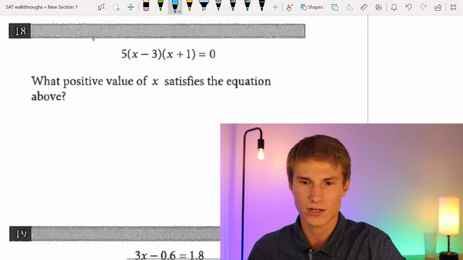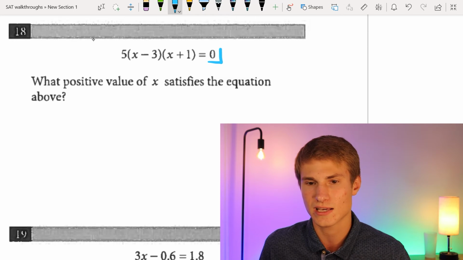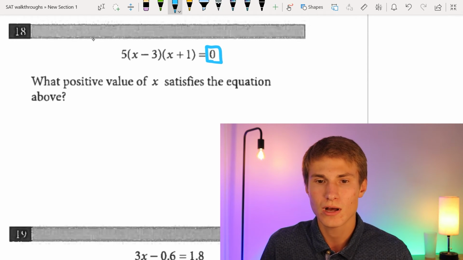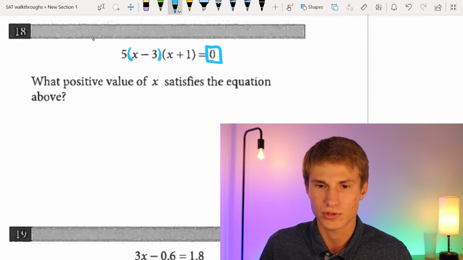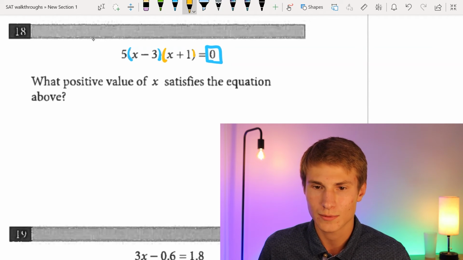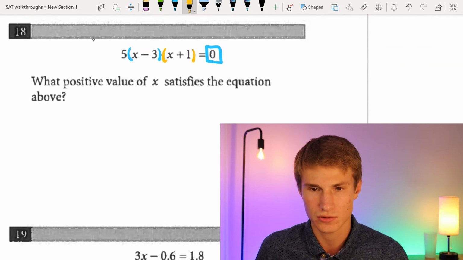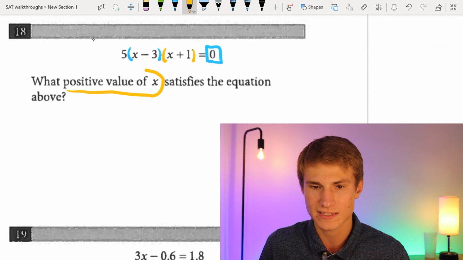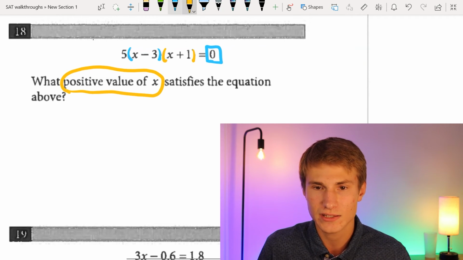Number 18, what positive value of x satisfies the equation above? I see it's set equal to 0. Since it's set equal to 0, I need either my factors in blue or my parentheses in orange here, I need one of those two to equal 0. Now, since my value of x has to be positive, I see my answer here is going to have to